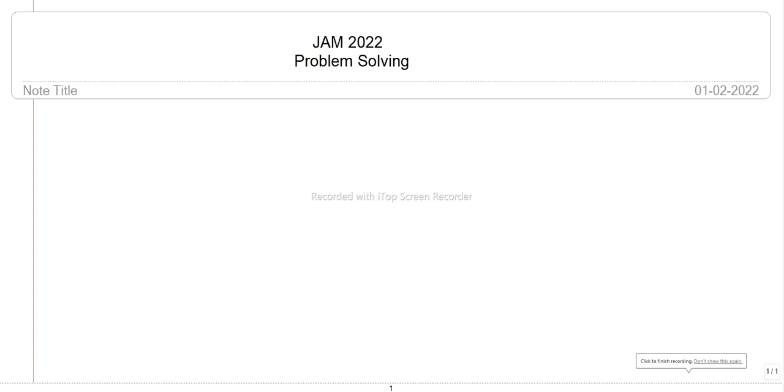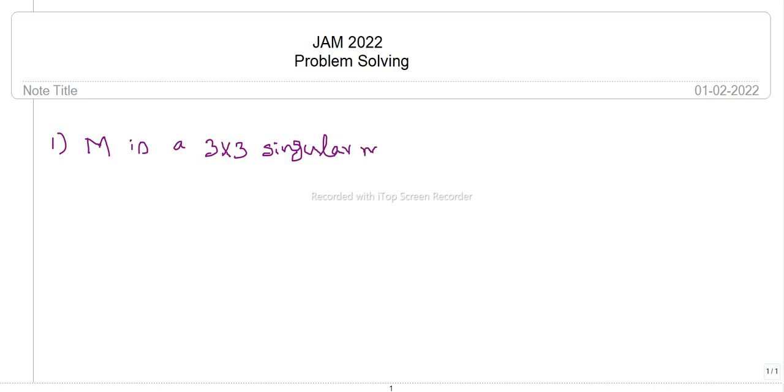Okay, in this class we are going to solve some problems asked in GATE examination. So the first problem is: given that suppose M is a 3 by 3 singular matrix. Singular matrix means what? Determinant is 0. And suppose that 2 and 3 are eigenvalues